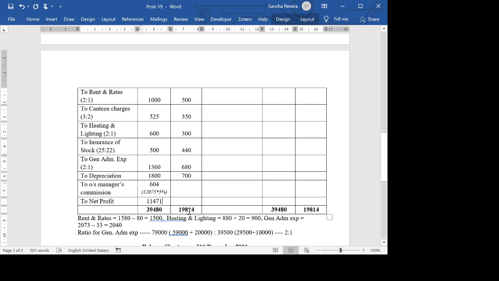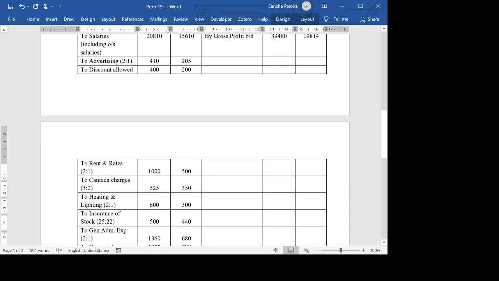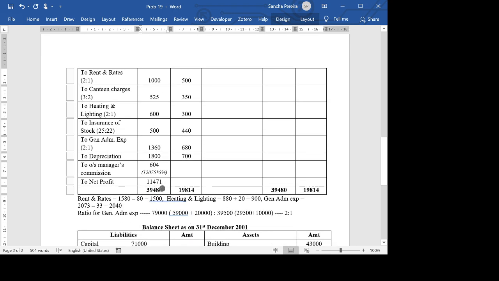Then coming to this side, 19,814 minus 15,610 minus 905, then 650 minus 440 minus 680 minus 700, which will be 829. So 829 into 5 divided by 100,